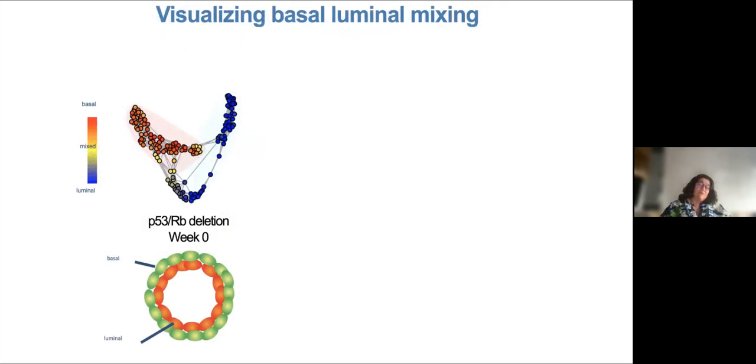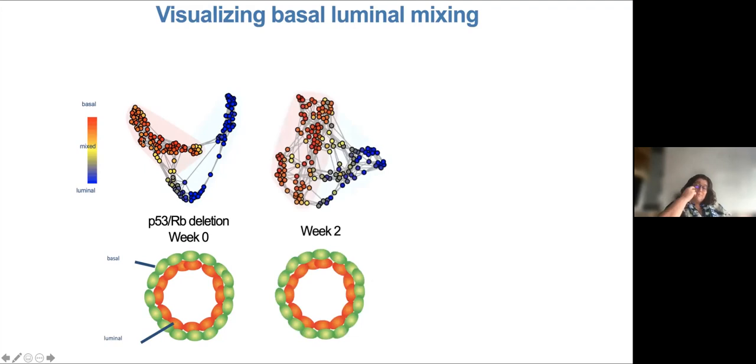Another really great way to look at this mixing is to look at a graph-based approach. And again, the organoid here really splits into 2 regions. The neighbor graph of the metacells is either luminal or basal with very few routes to transition between them. And every cell is really either clearly luminal and blue or clearly basal and red. 2 weeks in, remember the organoid is still normal looking, but transcriptionally, things aren't normal. There's a lot of yellow mixed states and seemingly many more paths of potential transdifferentiation between these two lineages.